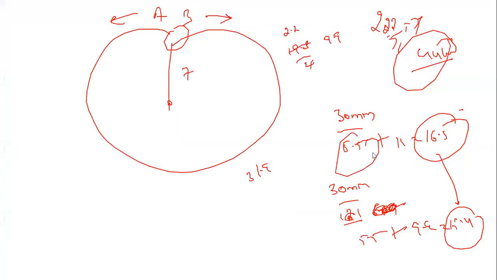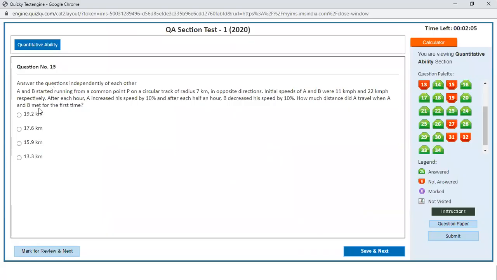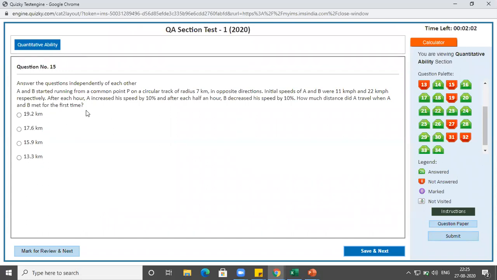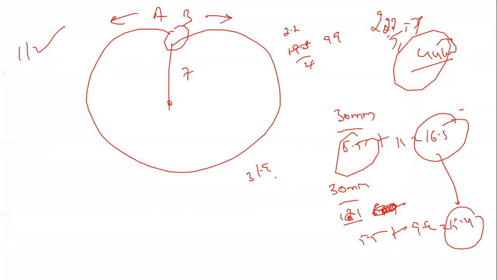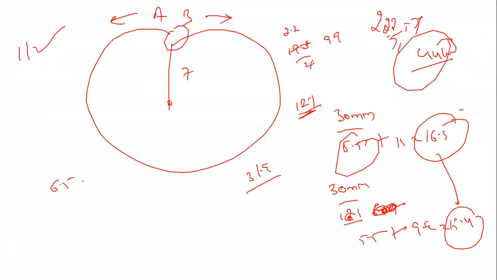So far A has traveled 5.5 plus 5.5, which is around 11 kilometers. The answer has to be more than 11 for sure. All options are more than 11. Now they will meet in the next half hour, because how much is still left to cover? 4 plus 8.1, right, 12.1 to cover. And from 16.5 it was 15.4 only, so yes, we will definitely do it in this next 30 minutes. Now A's speed has increased by 10%, so now the speed of A is 12.1, half of 12.1,